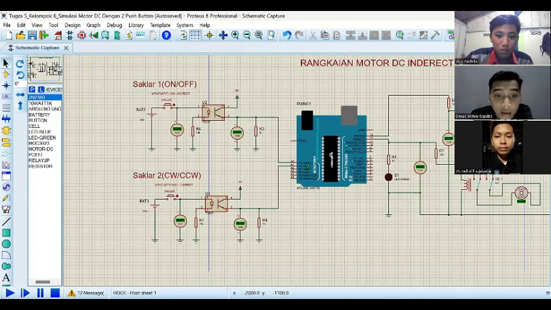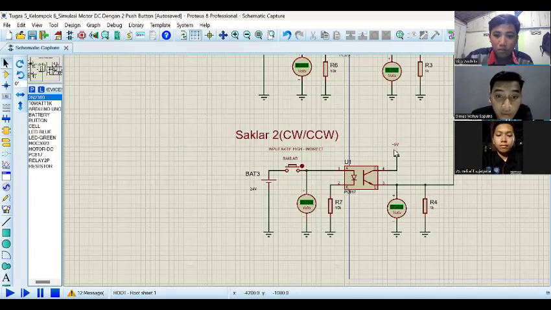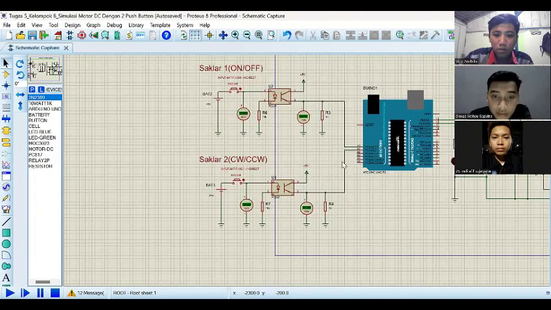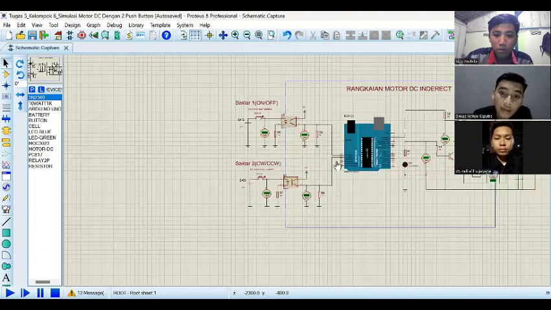And switch 2, which functions as a source for the motor, has the same circuit as switch 1, but switch 2 is connected to pin A1.